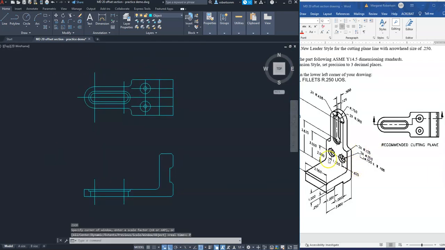Now let's put these counterbore holes in here. And they are, where's the depth? Depth of 0.188 or 3/16. So let's offset our depth here. O for offset, 0.188. Offset this line. Okay. Now